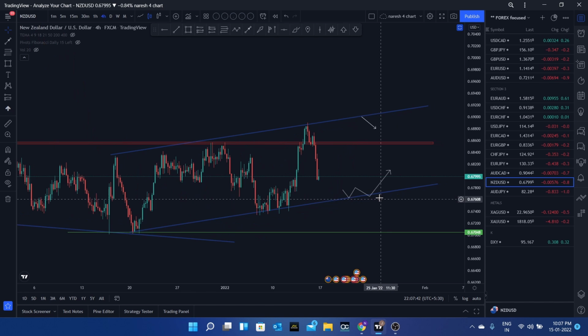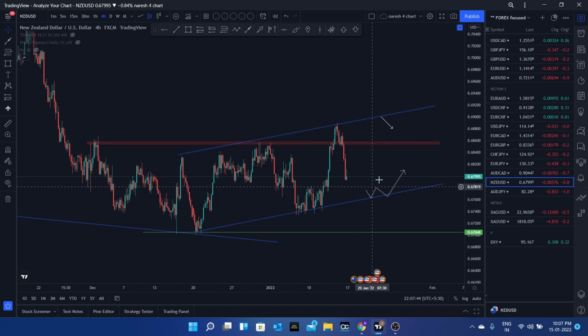So that's it, guys. In this week you can go for a long entry in this area. If it is forming some kind of consolidation in this area, which is really good, and then a breakout and retest, which is perfect, guys, I think this would be a very perfect trade. If there is a break and retest, you can go for long entries, guys, taking this as your first target,